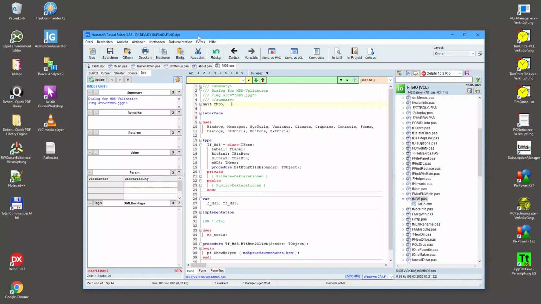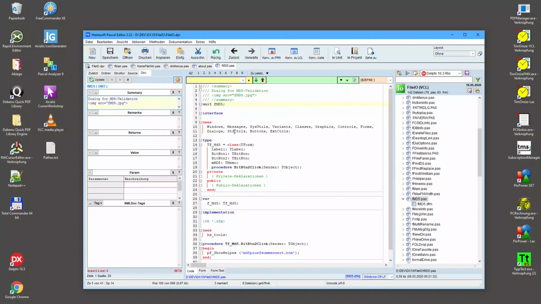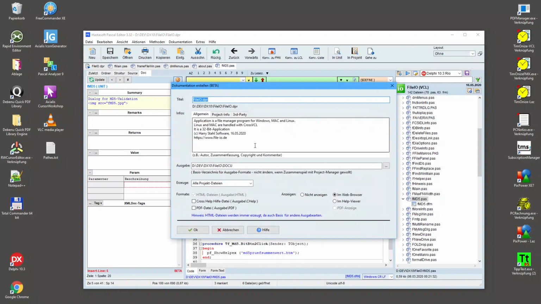So, and how the documentation will be created. Before we go to that, here you can click the help information button, and then you will have a short explanation about the different XML documentation tags. Later, of course, also in English. At the moment it's only available in the German version. But now going to the dialog where we can create this